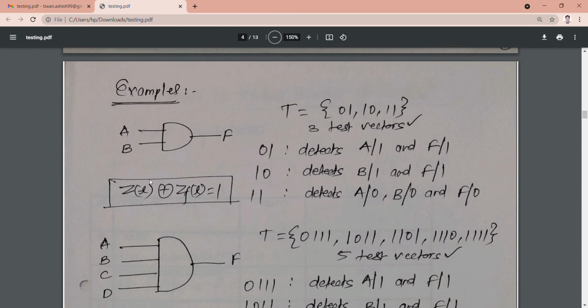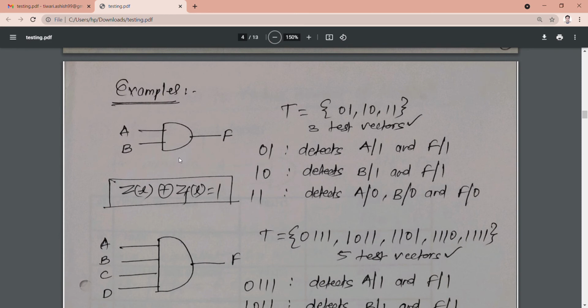The original output for 0 1 is 0, and if there is a stuck at 1 fault here, then 1 1 will be 1. So 0 will XOR with 1, and you will get a difference of 1. So it can detect the stuck at 1 fault at line A. Similarly, if F is stuck at 1,